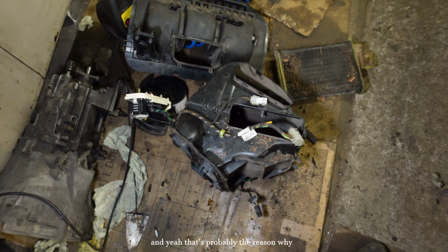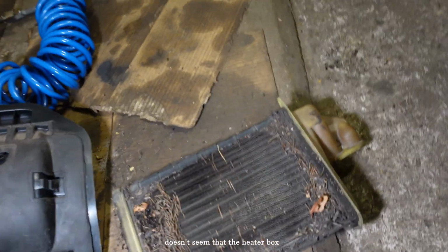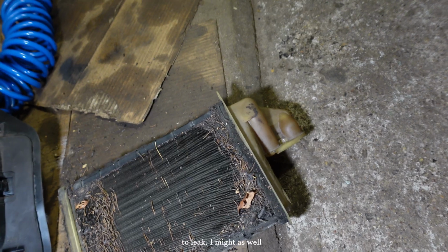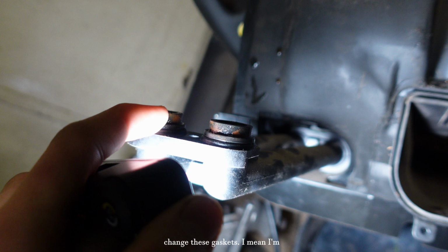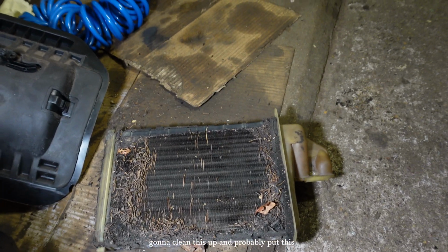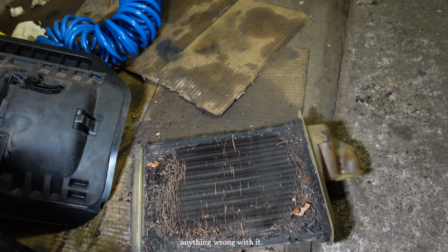And yeah, that's probably the reason why it has so much shit. It doesn't seem that the heater box is leaking because it doesn't have where to leak. I might as well change these gaskets. I mean, I'm gonna clean this up and probably put this back together because I don't see anything wrong